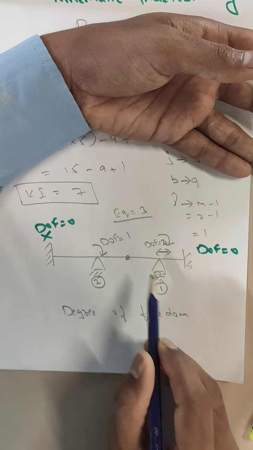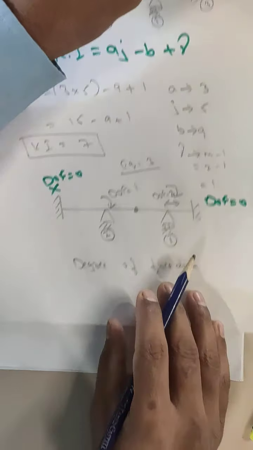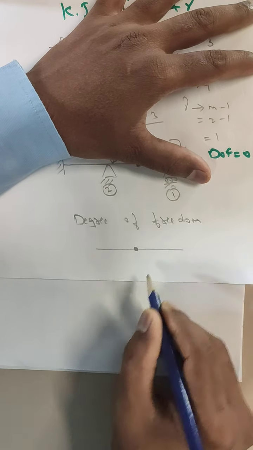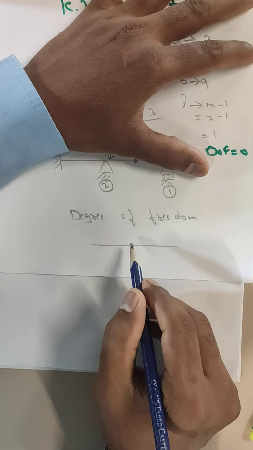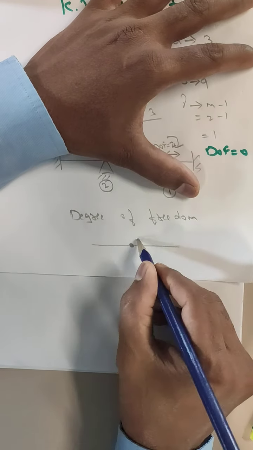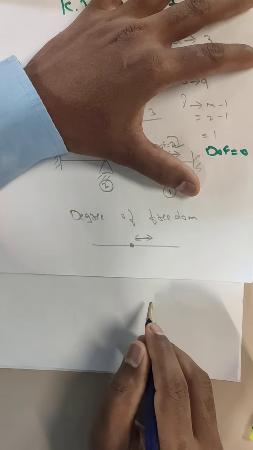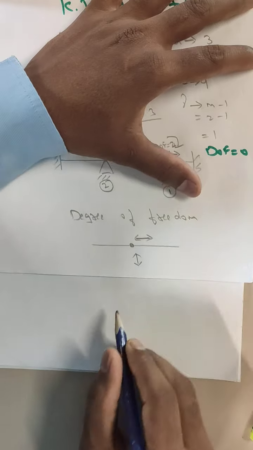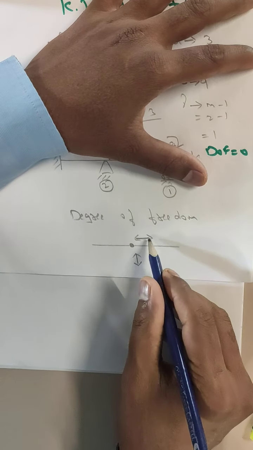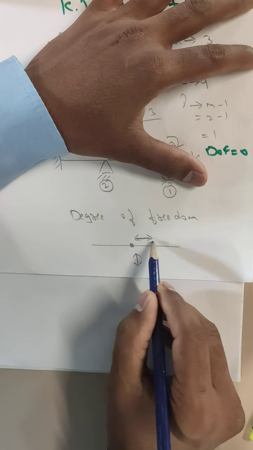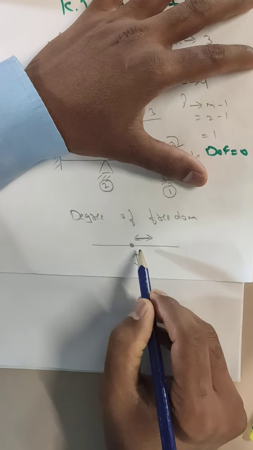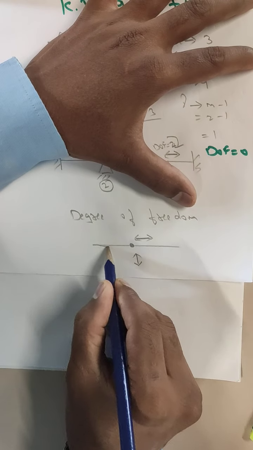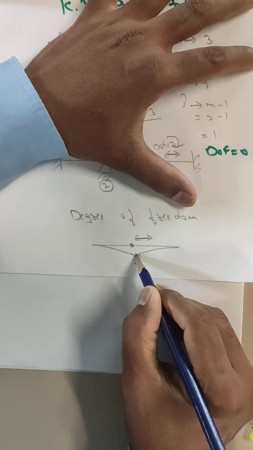But we even have a hinge. Yes or no? So if you talk about a hinge, I just wanted to draw it here. Here we have a hinge. Now if you have a hinge in this direction, it can move freely. Yes, it can move in this direction. Similarly, it can even move in our vertical direction. So here we have got 2 reactions. One, it can move in the horizontal direction, and the other it can move in the vertical direction. But it can even deflect like this.